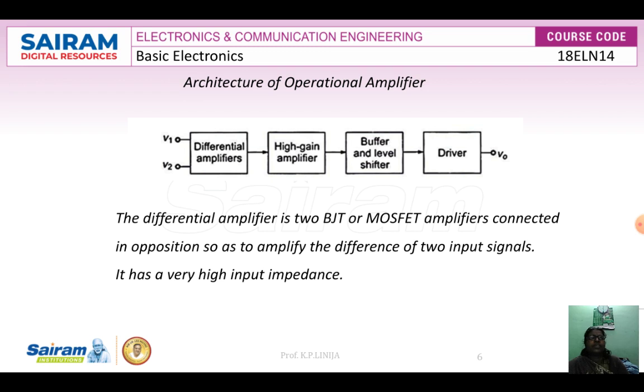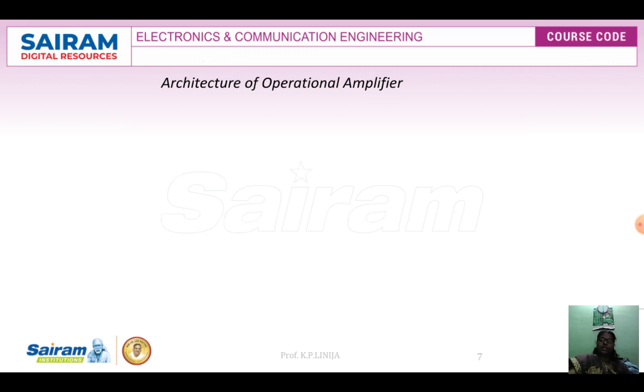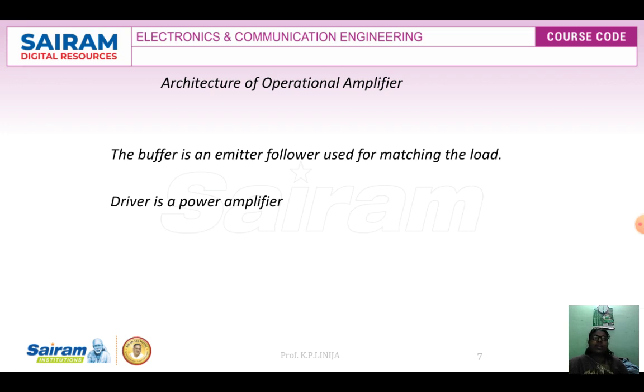Now in the intermediate stage, what happens? It is a dual input, unbalanced output differential amplifier. Why is it an unbalanced output differential amplifier? Because it uses one or more stages of differential amplifier. Half of the input stage gain will be provided by the intermediate stage. Followed by this high gain amplifier, we are using the buffer and